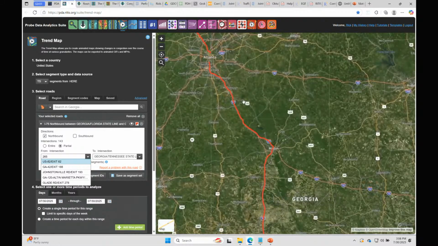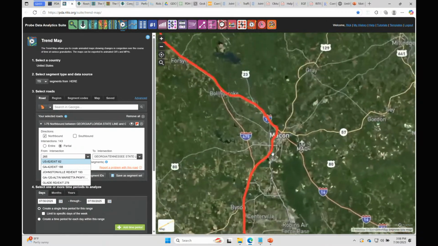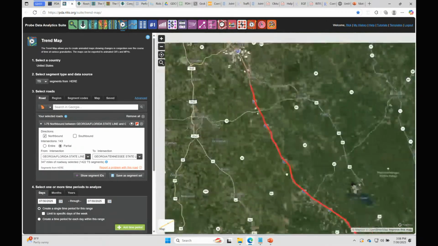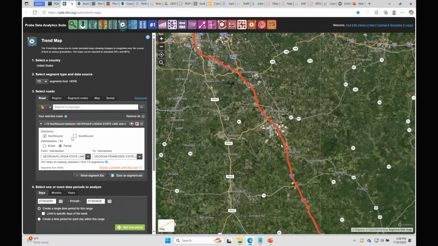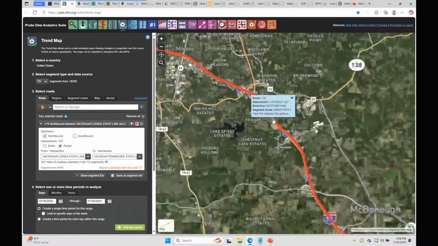Maybe it's not in there. I don't even remember where exit 265 was. Was that in Atlanta? But I could do it this way interactively with the partial option,